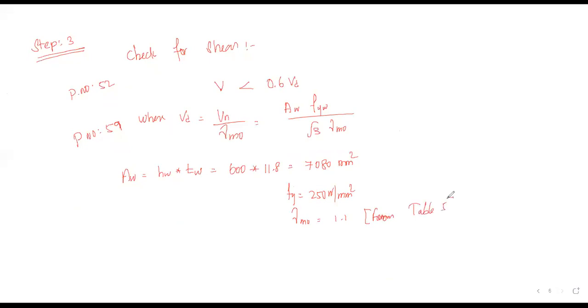Therefore, Vd is equal to 7080 multiplied with 250 divided by root 3 into 1.1, so it becomes 929.009 kilonewton. Therefore, 0.6 times Vd is equal to